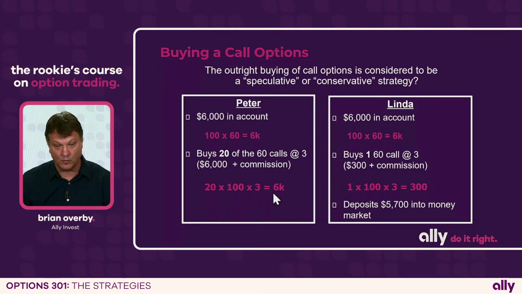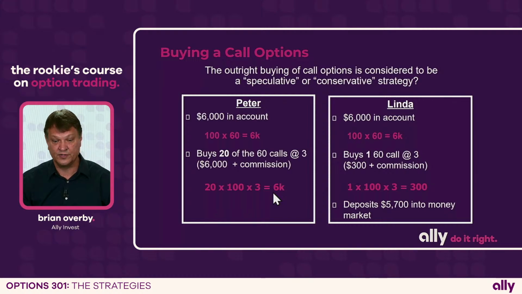Now in the options trading world, you got to add in commissions. That is a real world cost. So ideally we would need a little bit more than 6K, but I'm going to be spending basically the same amount of money that I would on buying my 100 shares. Now,